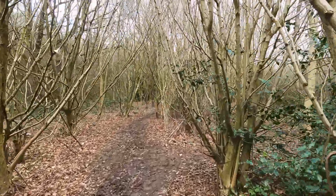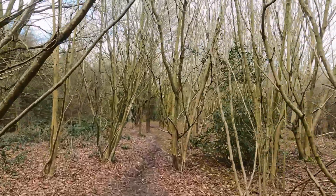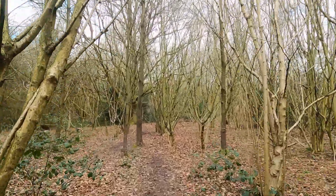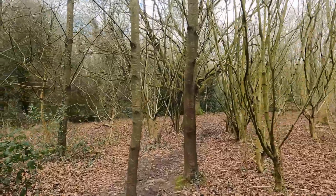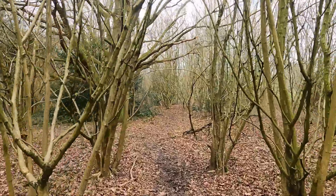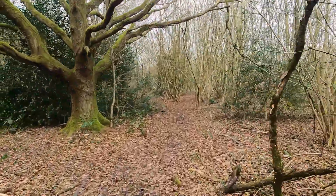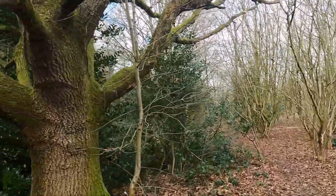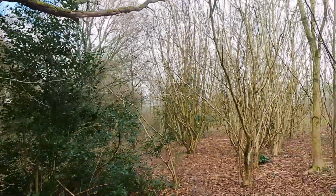So yeah, here we are in Bluebell Woodland now, just around the side of it. It does pretty much remind me of Uffmore Woodland when you're going in, similar trees. I do know that at a certain time of year in here you can get loads and loads of bluebells which come up and flower, and apparently it's really beautiful to look at. I believe it could be in a couple of months' time when they start to come up out of the ground. You mainly get bluebells in the depths of the woodland where you're walking further over the back,